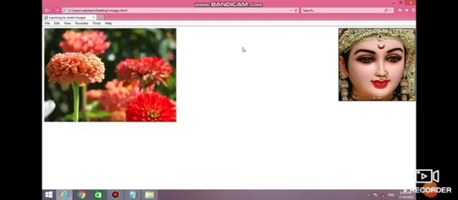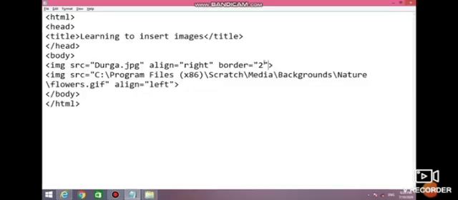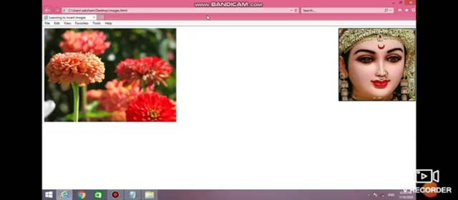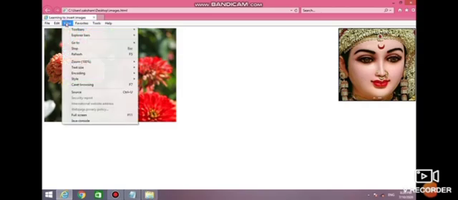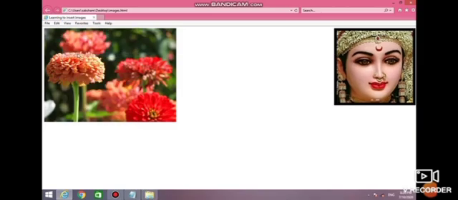Refresh. Yes, now we can see the border on the image. Let's increase its border width. Yes, it is visible clearly. Easily we can see the border of the image.